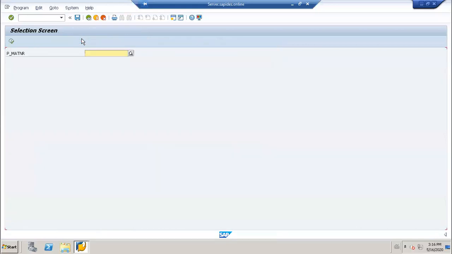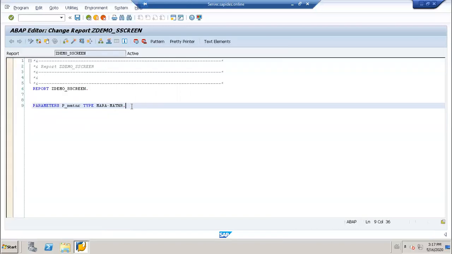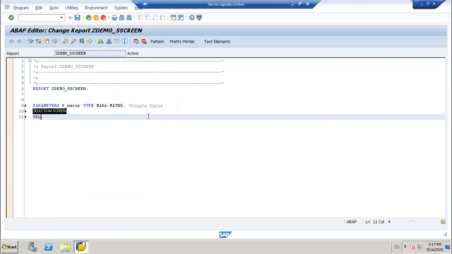So here, can you see, if I execute, it's taking some input, right? Yes, got the point. So this is basically taking an input value. This is for a single value. If you want to take a single value from a user, use a parameter. For multiple values, there is something called select option. Select-options. The syntax is for